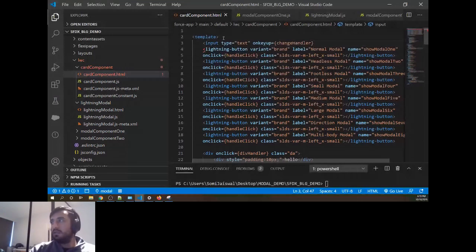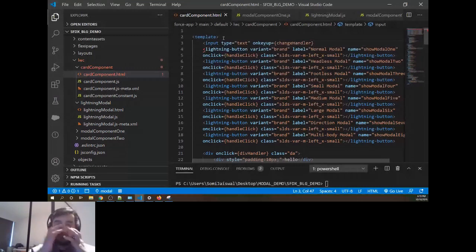I'll create the handler as well quickly. Change handler, event, and I'll say this.data1.name equal to event.target.value. So we use track over the other one when you want to update the nested property.